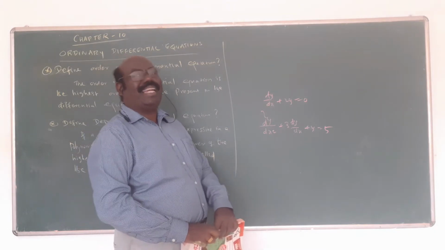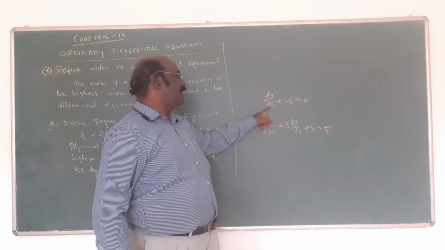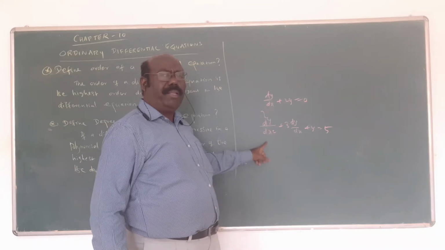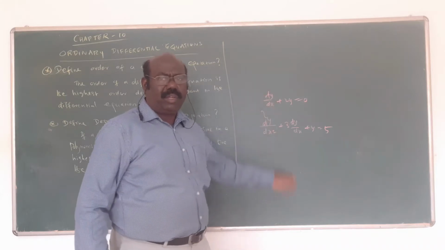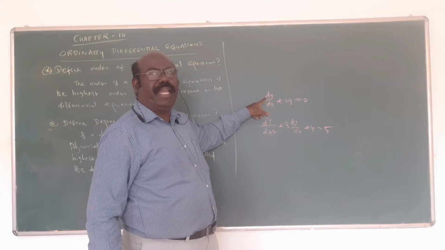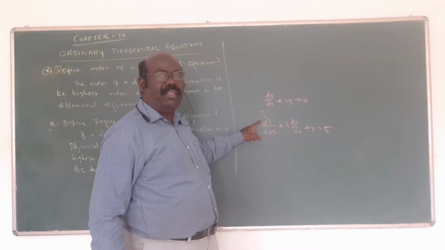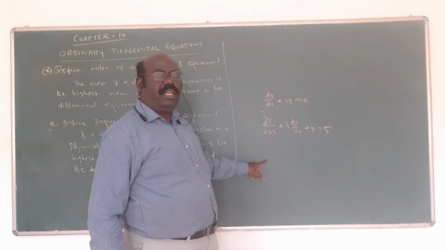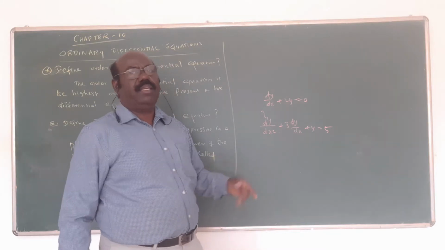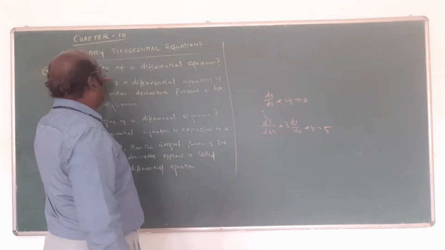The equation containing a derivative: this is first order, second order. d cube y by dx cube means third order, and this goes on. Remember, dy by dx is first order, d squared y by dx squared is the second order, and d cube y by dx cube means the third order. Then first, the order is asked.